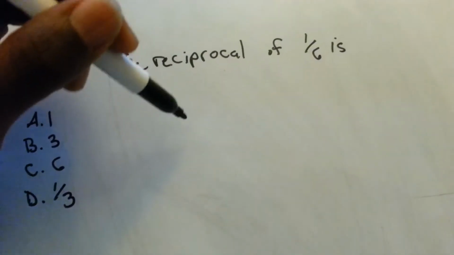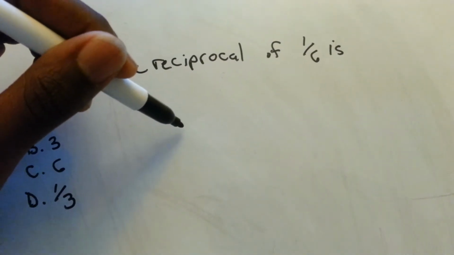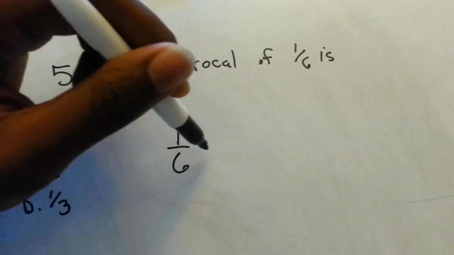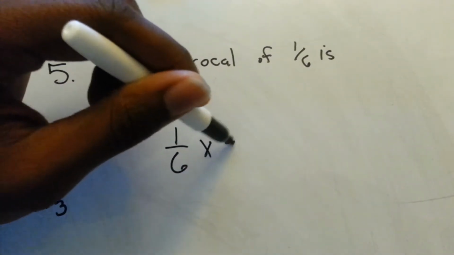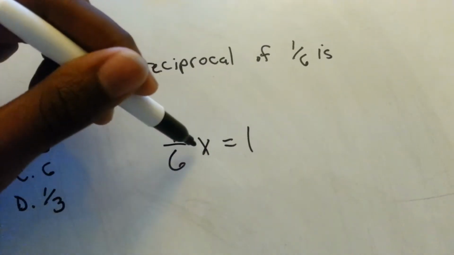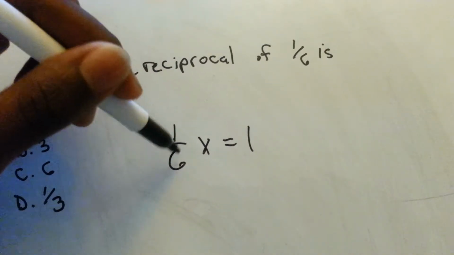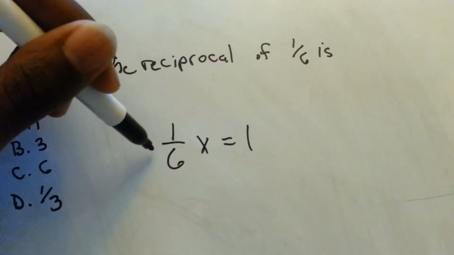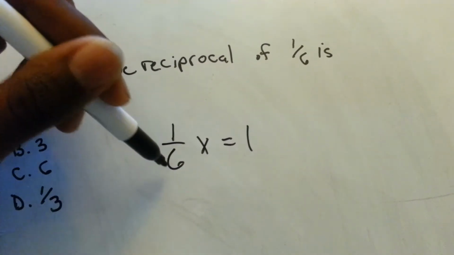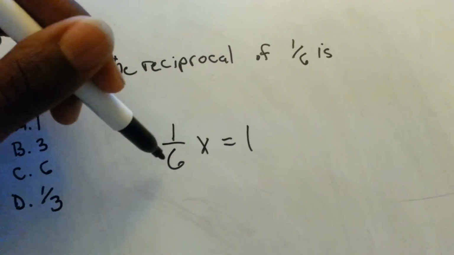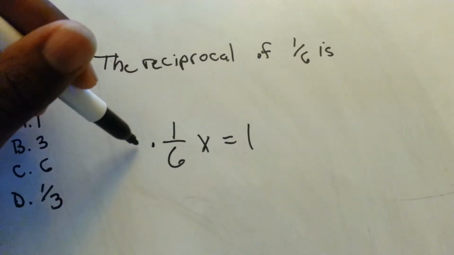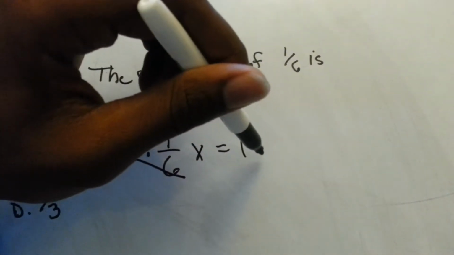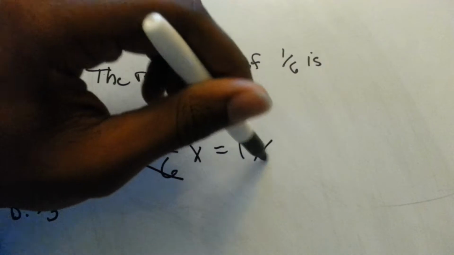So if you want to technically solve it, it would be 1/6 times x equals 1. What number, this number times what would equal 1? So for this, you would multiply each side by 6 to get rid of this denominator. So multiply by 6, get rid of that. When you do it to one side, you have to do it to the other side. So multiply by 6,